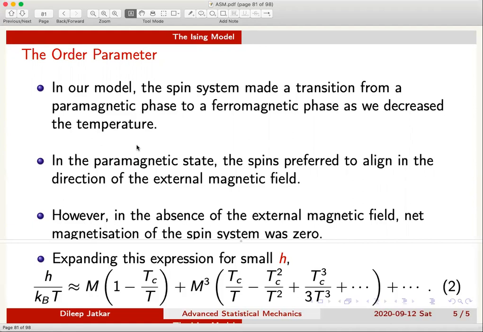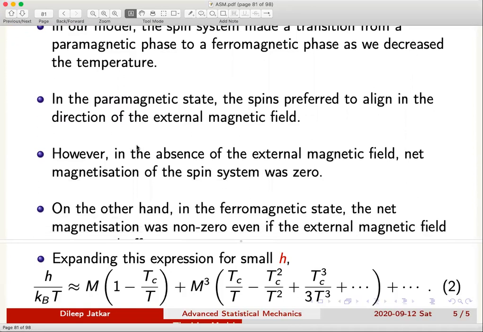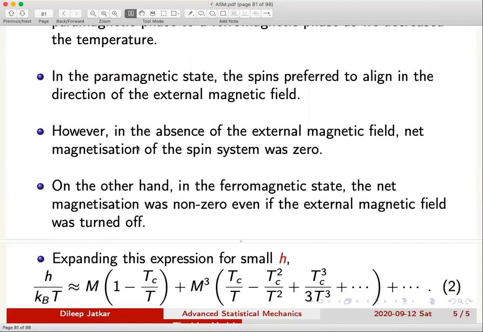In general, the system has sufficient energy to overcome any nearest neighbor interaction that would try to force spins to point either in the same direction or in the opposite direction. So in that sense, paramagnetic phase has a lot of energy available. However, because the spins could point in arbitrary directions, effective magnetization in the paramagnetic state is zero, as long as the external magnetic field is zero. Of course, if you apply external magnetic field, then spins would choose to point in the direction of the external magnetic field, and therefore there is an effective magnetization in the system.